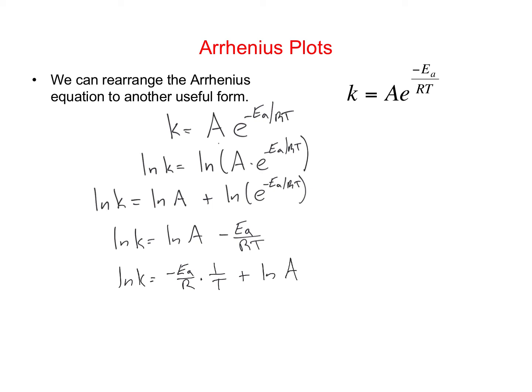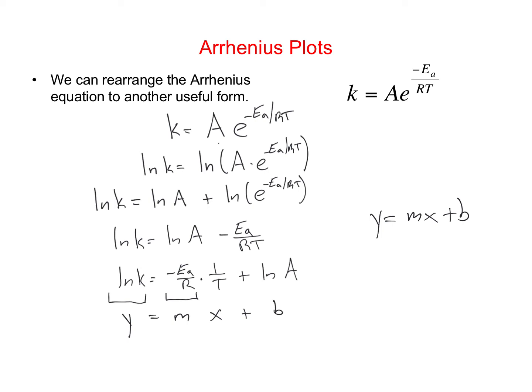All right, now, this may seem random, but now we have the Arrhenius equation in an incredibly useful form. We've written it in the form of a line, right? A straight line normally has the form y is equal to mx plus b, right? And so in this new form of the Arrhenius equation, this is my y. The minus EA over R takes the place of the slope. 1 over T is my x, and then I have plus b, where the natural log of A is my